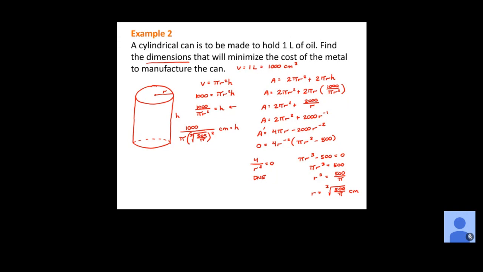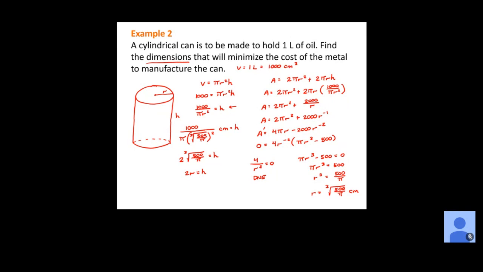Now, just so you know, if you did want to simplify this one, when you square this cube root here, one of those 500 over pi's is going to come out and leave you with a cube root. The pi's cancel out. 1,000 divided by 500 is 2. This actually just works out to 2 times the cube root of 500 over pi if you do the work, which means that the height then is actually just 2 times the radius, which is kind of a neat fact